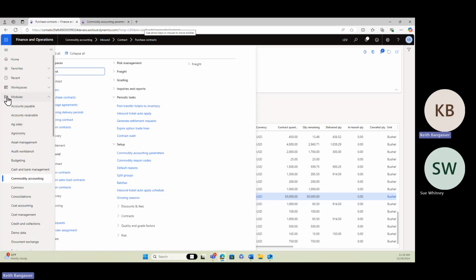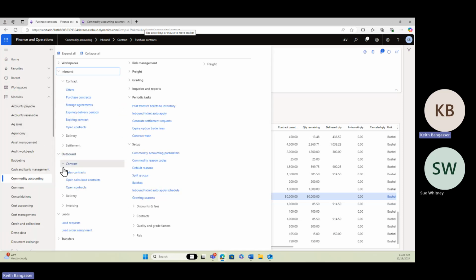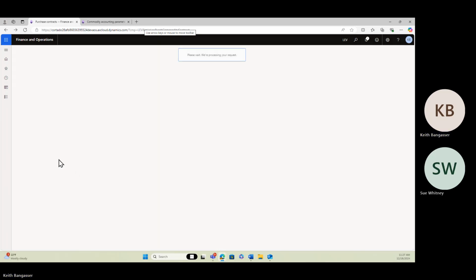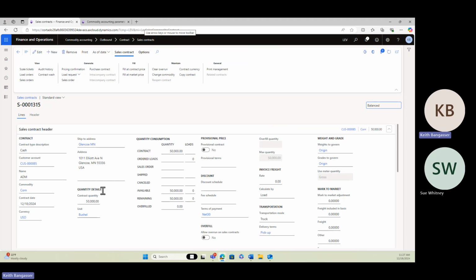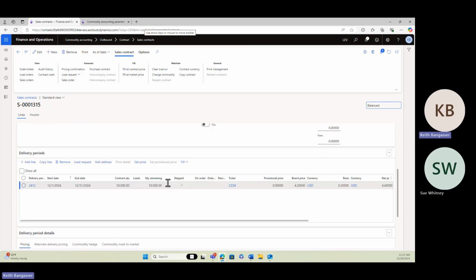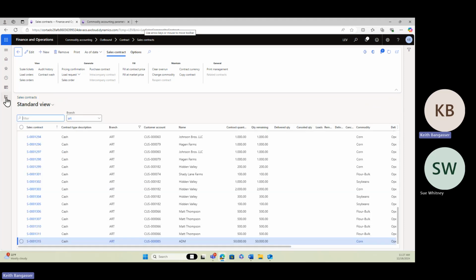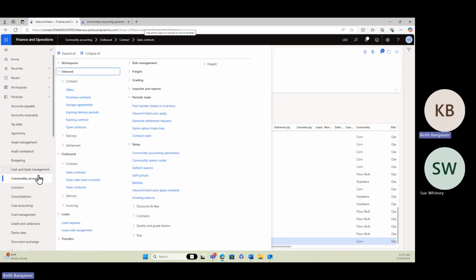We also have a sales contract that we've entered into with ADM, contract number 1315, this one here on the bottom. It's for the same quantity, same delivery period, same ticker, for 25 over, for a net price of 445. So we've gotten together with ADM and decided we're just going to wash this out and not ship the product. The way to do that is we have added a new menu choice under commodity accounting,